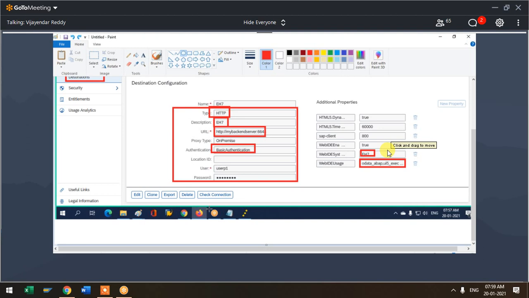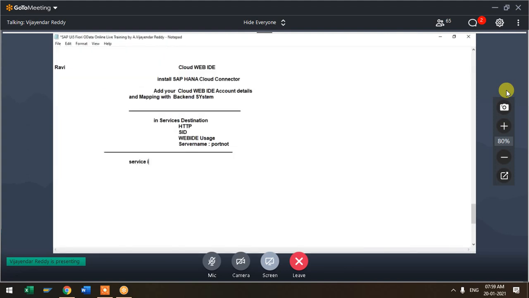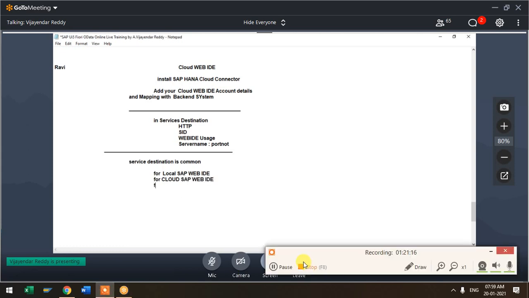Okay. Perfectly. Thanks. But the point here is the service destination is common. Service destination is common for what? For local Web IDE, and it is for Cloud Web IDE, Cloud SAP Web IDE, and it is also common for